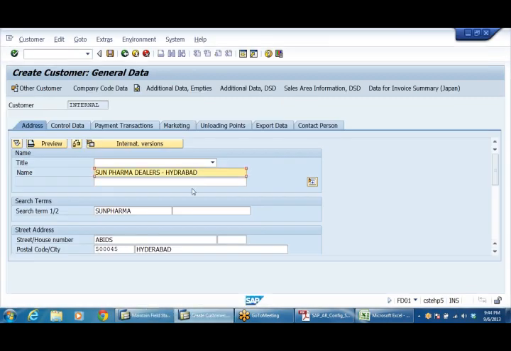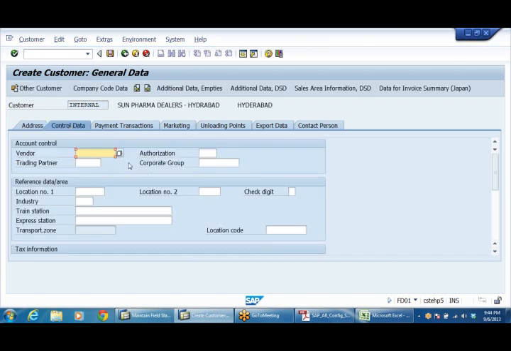There are so many tabs here. All these tabs are going to be used by sales and distribution consultants, not by us. All sales related data is entered there, and some bank accounts also. Here we need the address, that's why I'm entering it. In control data, we need not.